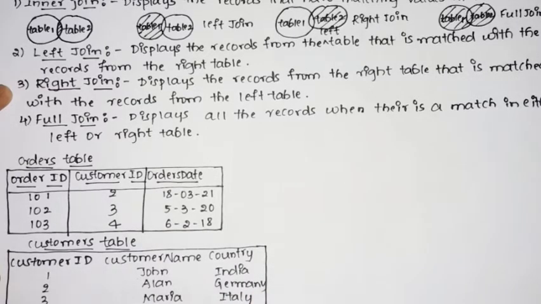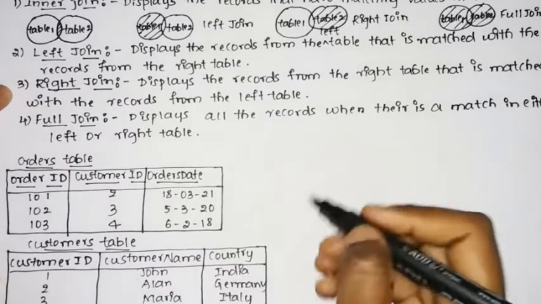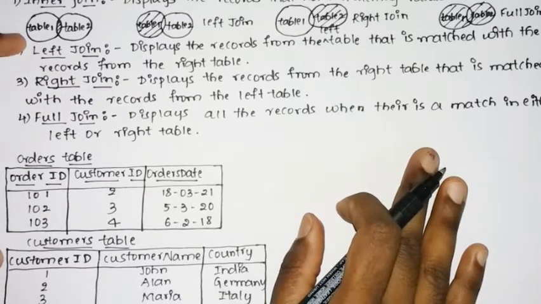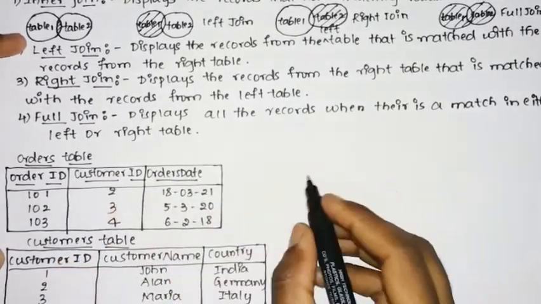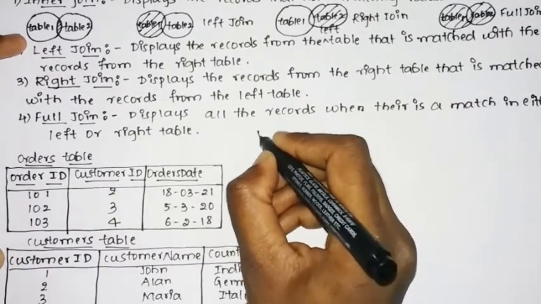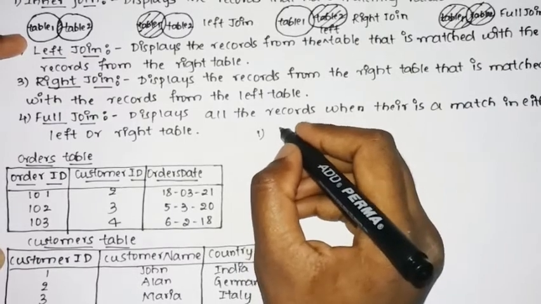Now we shall quickly see how to perform the join, and we shall write the basic SQL queries using the joins. This is the customer table. We have included the 3 rows for both the orders table as well as the customer table. Now we shall consider an example, like write a query.